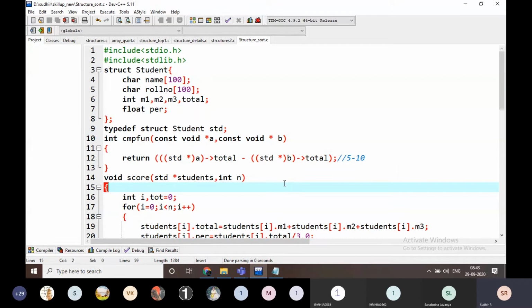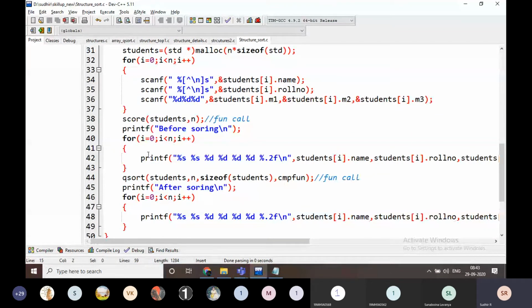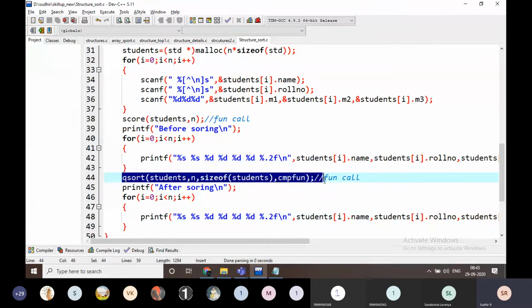Structure Q of is A minus total, and when I am going to call it, after calculation only I am going to call this sorting function, right?